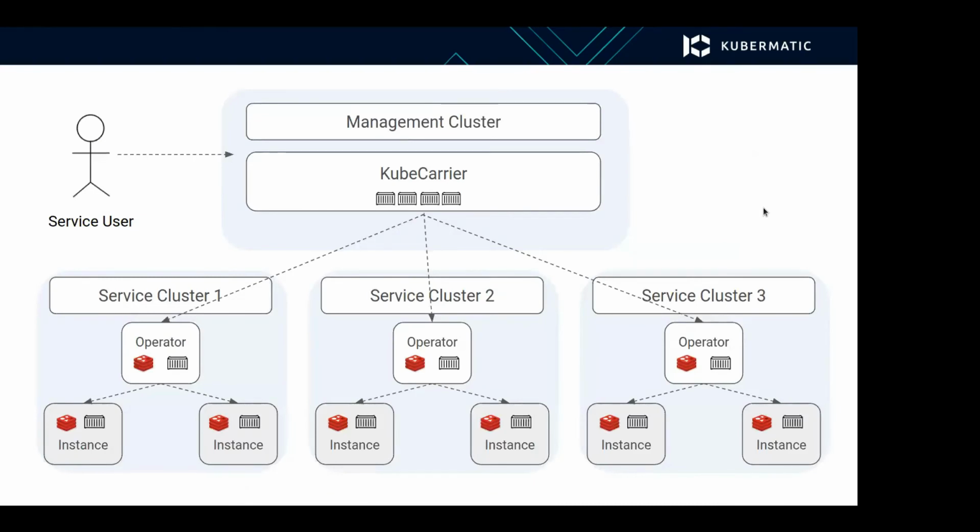To explain how it works on an actual example, let's say that we have one cluster where we run Kubecarrier, that is our management cluster. And then we have 3 service clusters where we have deployed an operator of some application. This is a Redis icon, so let's say it is a Redis operator. Whenever these service providers of these service clusters register those clusters in the Kubecarrier service hub, that service becomes available for service users. And the service user can interact with the management cluster through Kubernetes API